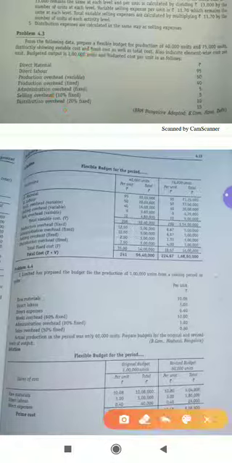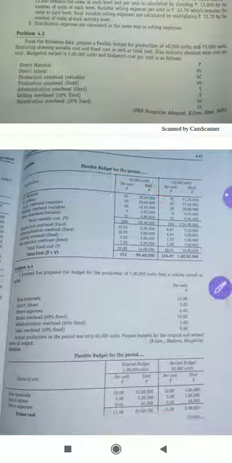Now we'll go for the solution. I have told you, you can write even 1 lakh also if you want. Now we'll discuss. Direct material is variable, that means variable cost per unit will be the same. Here they have asked us to prepare for 40 and 75. You write 40, 75 and 1 lakh if you want, with per unit and total for each. Now direct material is variable, so variable cost per unit will be the same, that is, 95 rupees, 95 rupees, 95 rupees. So you just have to multiply with the budgeted units, 95 into 40,000, 95 into 75,000, then we will get 38 lakh and 71 lakh 25,000. Done.